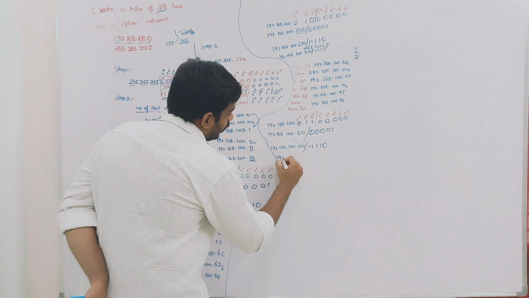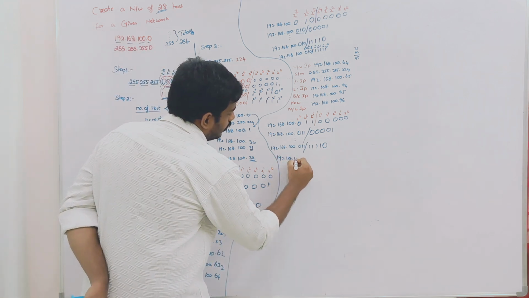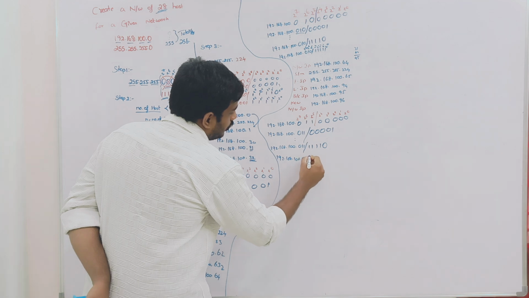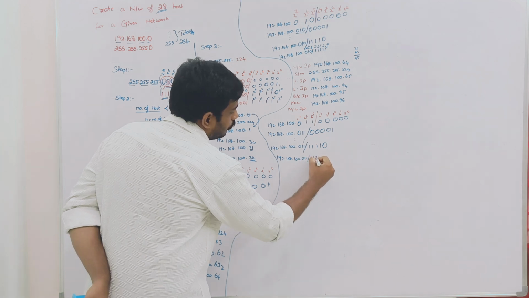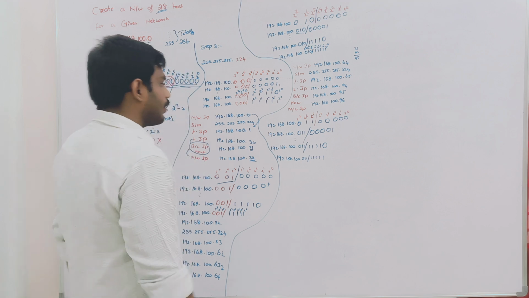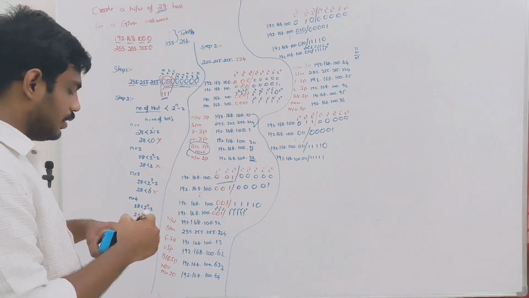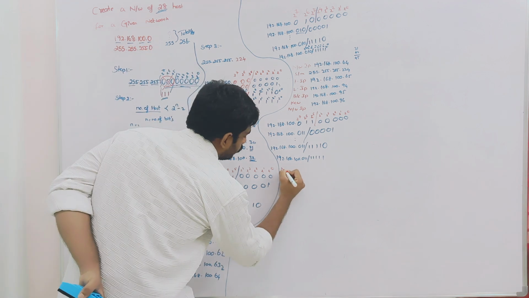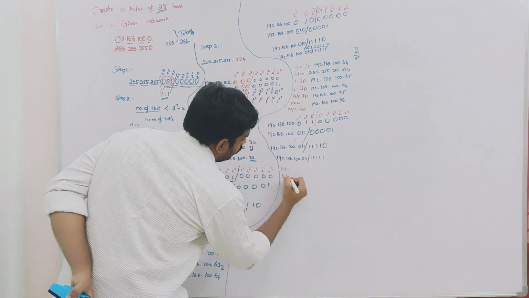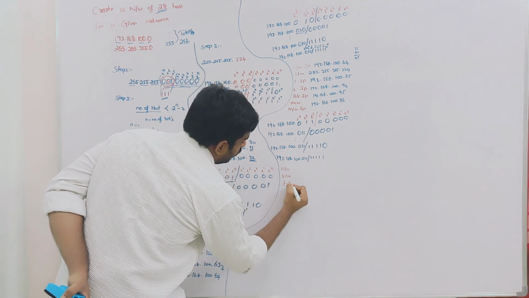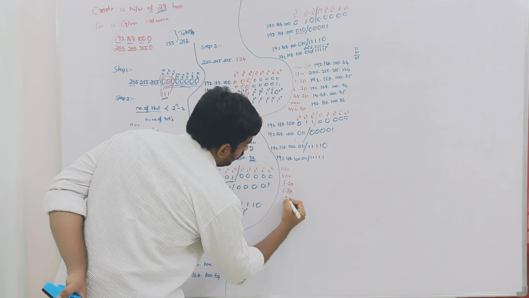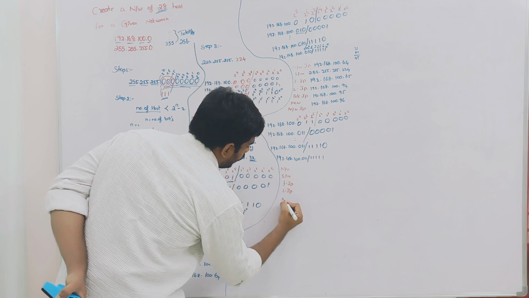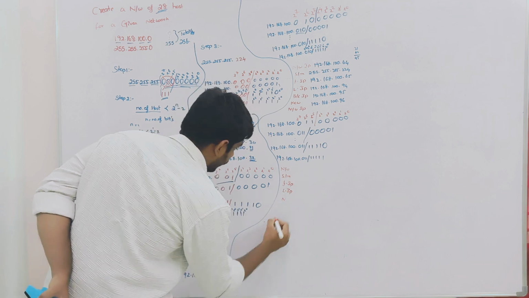So 192.168.100.011 slash, all host portion bits will be 1. Okay, now you have to find the network IP. So network IP, subnet mask, first IP, last IP, and new network IP, I think. Yes, sorry, broadcast IP